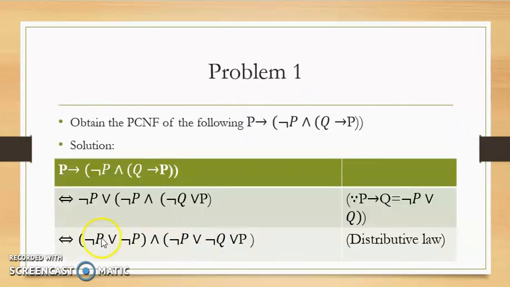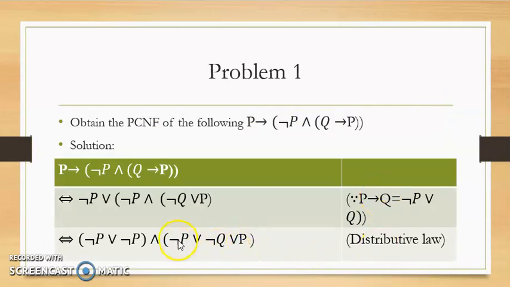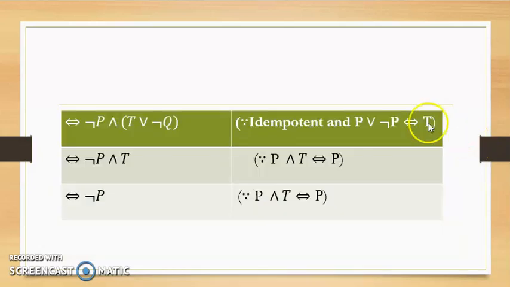Next, we can write this P or not P as not P, and here I can apply the associative law, and I can bring this P in front: not P or T or not Q. So next step we can write not P and T or not Q. So we got T. It is nothing but P or not P is equivalent to T. In the previous step we got not P or P, which can be replaced as T. Now I can apply this T or not Q, and here we will get T. Not P and T is equivalent to not P, likewise P and T is equivalent to P.